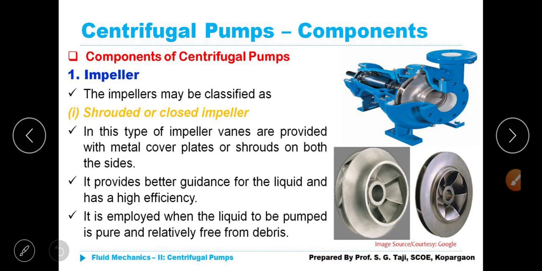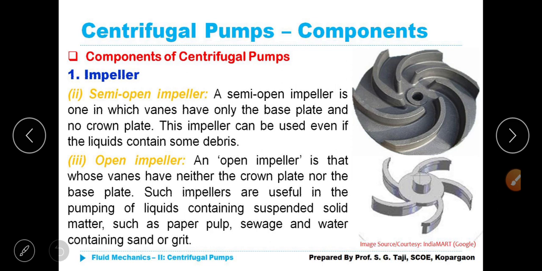The impellers may be classified into different types that you yourself can go through. Semi-open impeller, open impeller, I have already said there itself. So depending upon such type of impellers, they can be used for different purposes. For example,